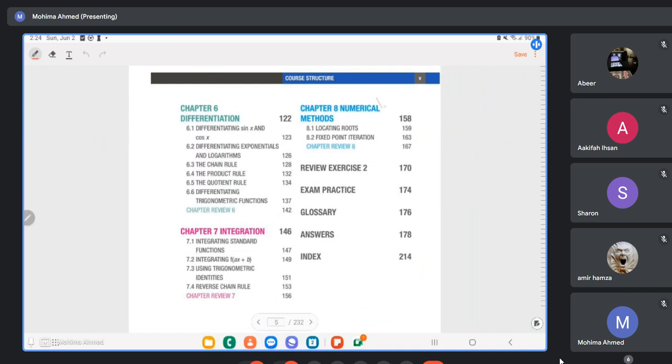Then again, this one is extremely easy, and this one is tough. Integration. Differentiation is also not that tough. If you had IGCSE further pure maths, then it is not tough. We did chain rule, product rule, quotient rule, all of these things in our IGCSE further pure maths, right? So differentiation is nothing that will give you trouble. Only integration is a little bit tough because now you have reverse chain, integration by parts, and all these things. This is new to us, but not that difficult. It's mainly lengthy, and you have to practice a lot from chapter 7 integration. It's not extremely difficult, but quite lengthy.